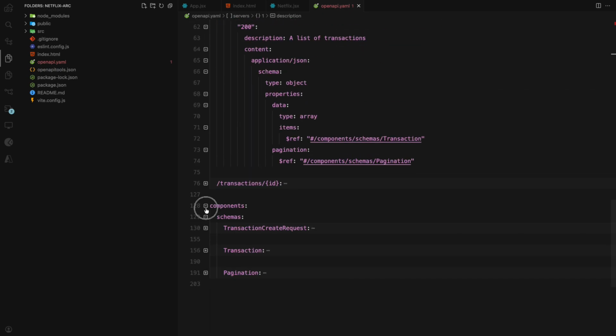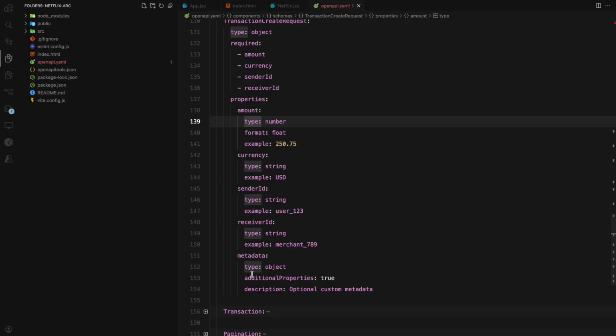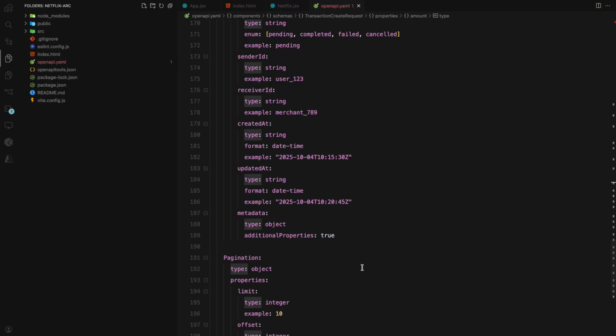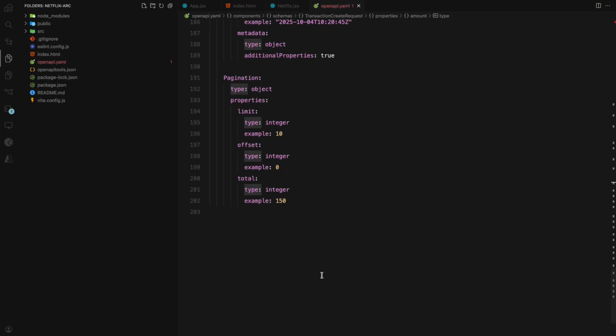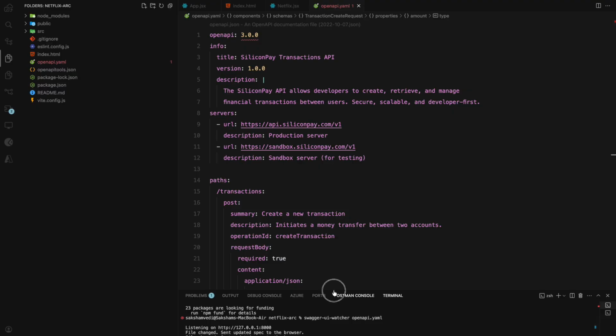You can go to the component, create a component, and then write the schema. This is your MongoDB models, or you can say it's the MongoDB model schemas. Suppose you have to see it like this, it is very raw. Any front-end developers or junior developers, I can't comment on that.